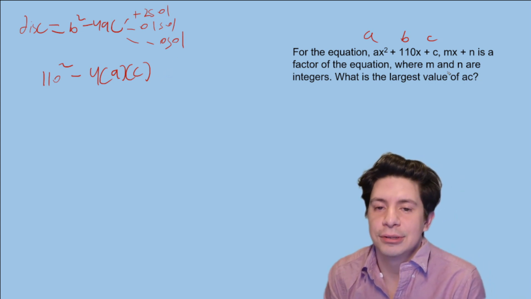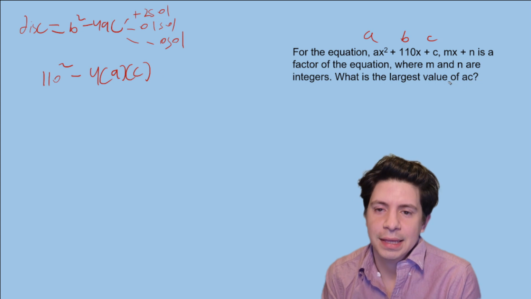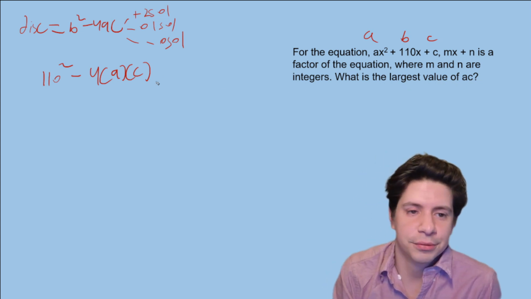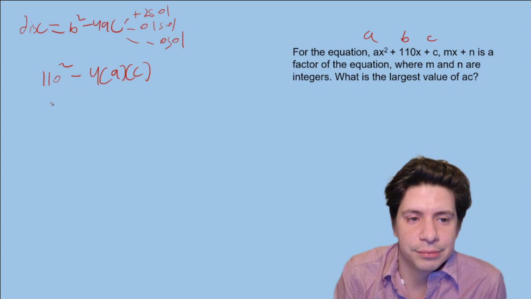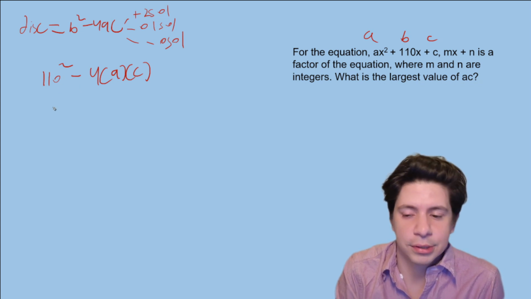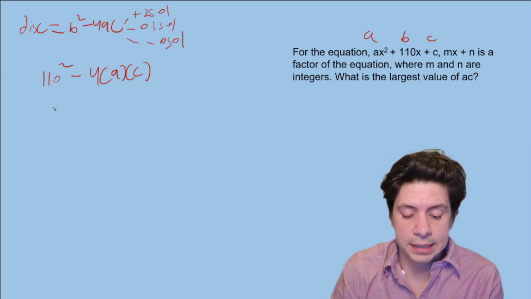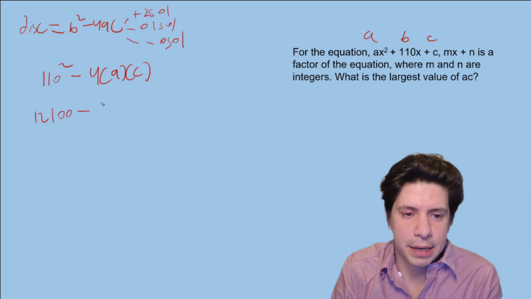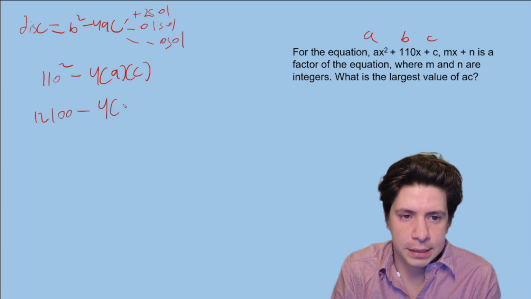And the fact that m and n are integers, that's just telling us that we have integer values involved, right? So 110 squared is 12,100 minus 4ac,